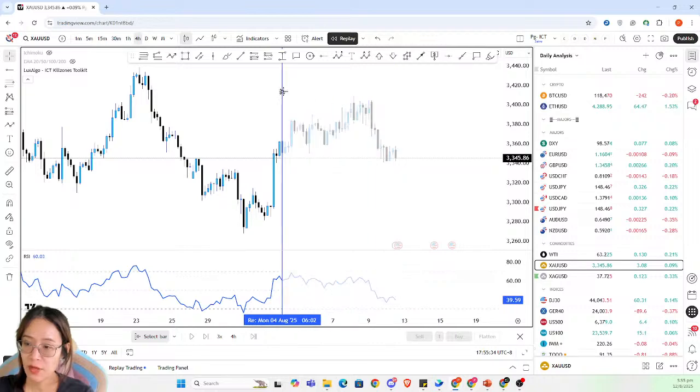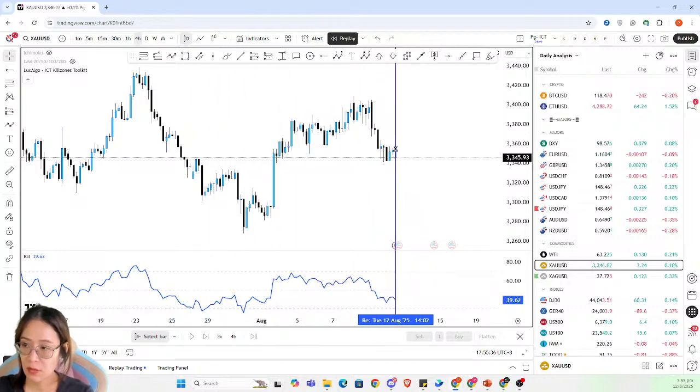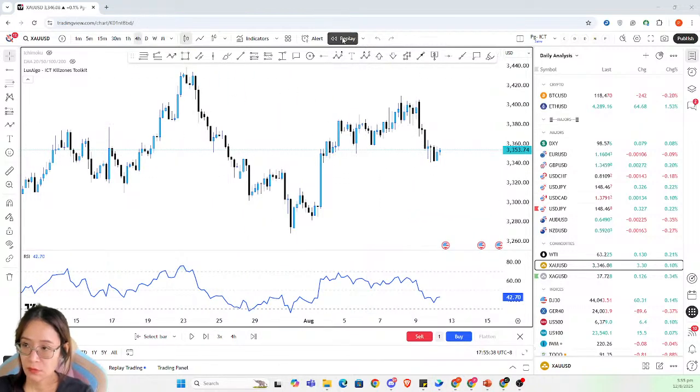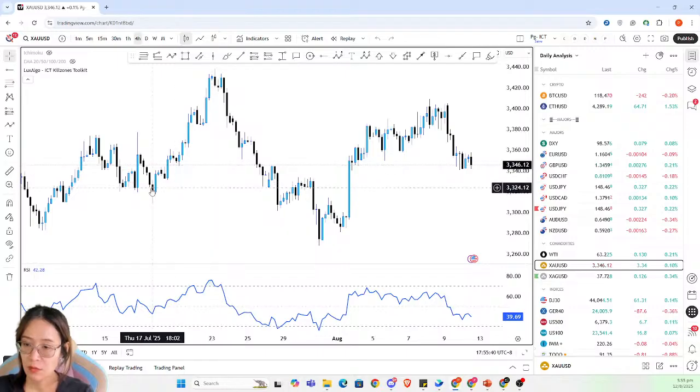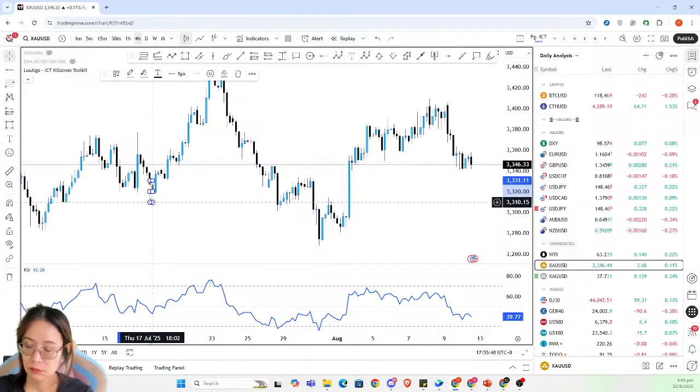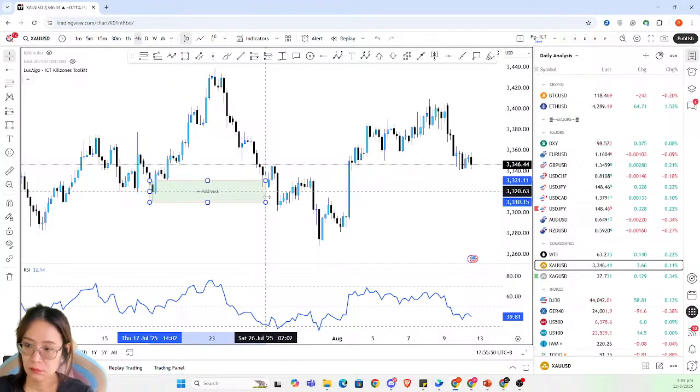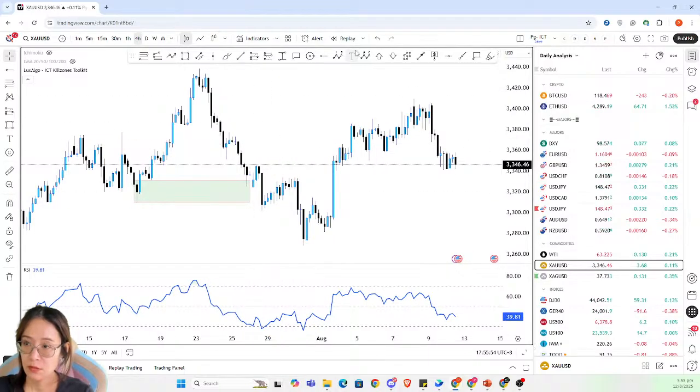No, we need to find the order block, right? We need to find the order block. Okay, maybe right here. Like go to the box. Okay,